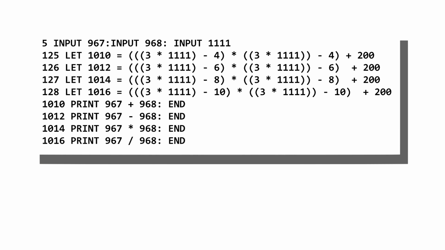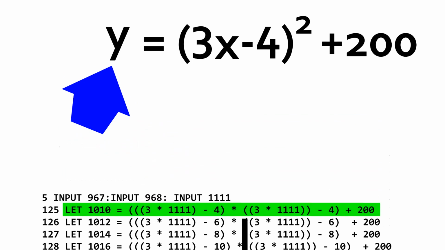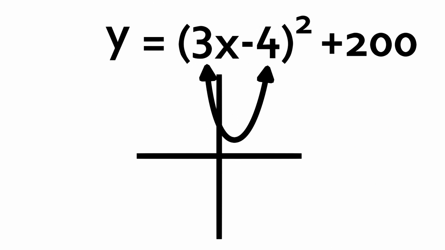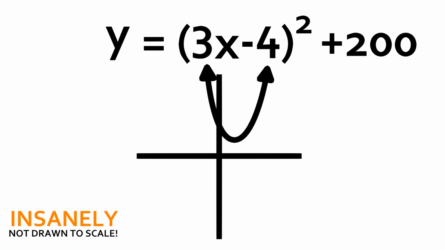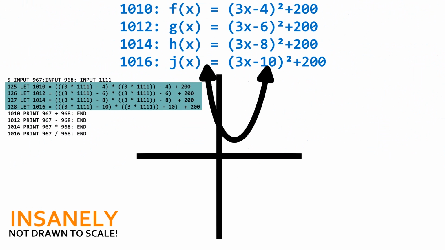The way I eventually got this to work was by using a quadratic equation. Since we have an input as 1111, which I will now call x because 1111 is both too long to say and it's also a number, and we have an output of 1010 aka y, we can put it onto a graph. This equation here will create a parabola on the graph. Well, it'll be put farther up. It's also vertically stretched. Since we have 4 equations which could be used as functions, we have 4 parabolas.